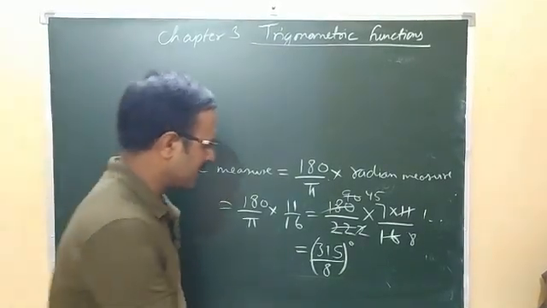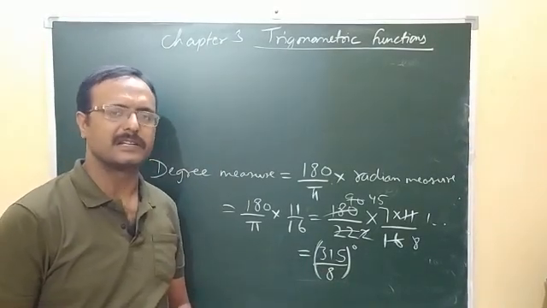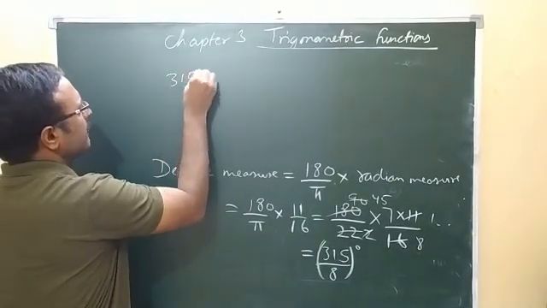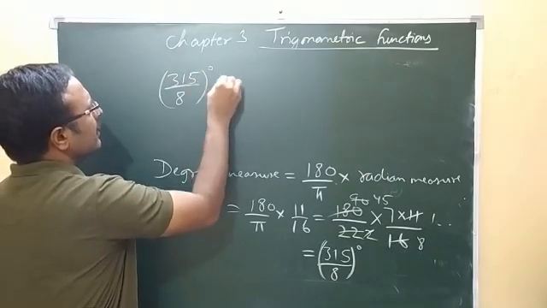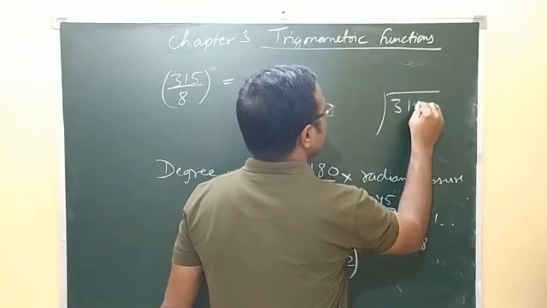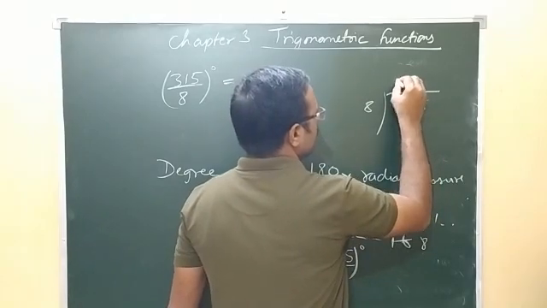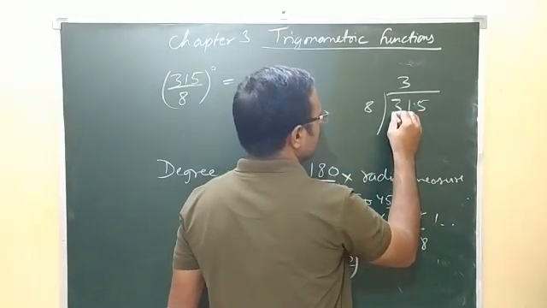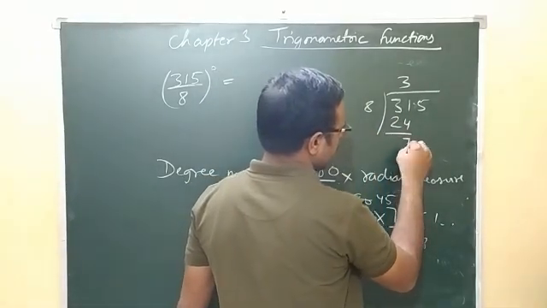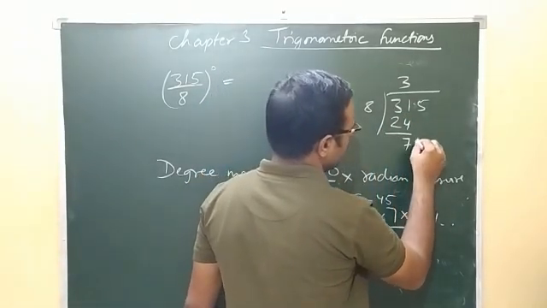So here we have obtained the value in degree. Now we are going to convert this degree into minutes and seconds. So how are we going to do it? Let's see. We have 315 upon 8 degree. Now if we divide 315 by 8, what are we going to get? 8 threes are 24. So you will be left with 11 minus 4, which is 7, and here you will get 0. So again 5 will come down.